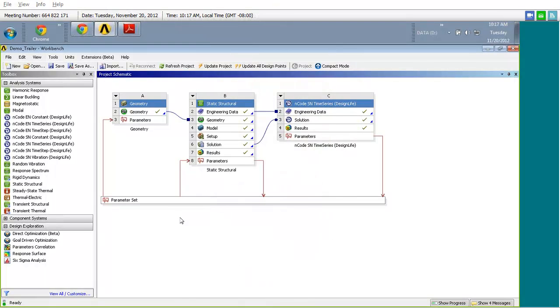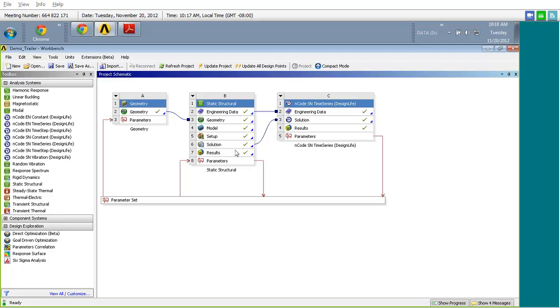What we're going to show today is how to do a design optimization using ANSYS Workbench. So here in this particular project, the geometry model is a trailer coupling. I have the geometry here, and a couple of parameters from the CAD are going to come from the geometry project A, and I have a static structure where I have applied a load to look at the stresses,